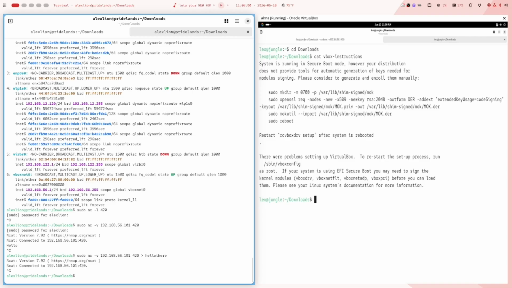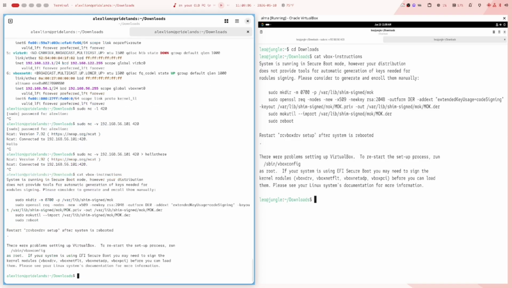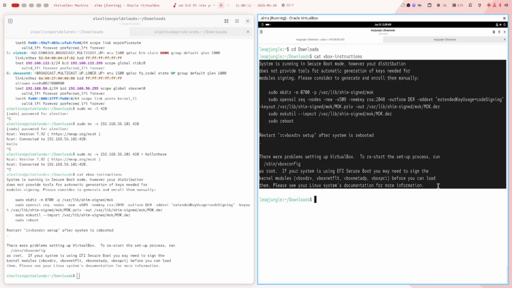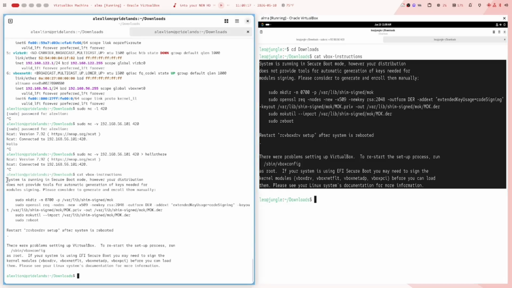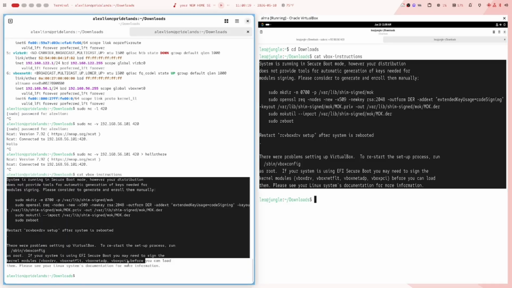Control C. The contents of this matches the contents of this,